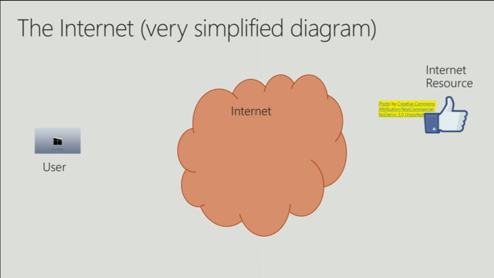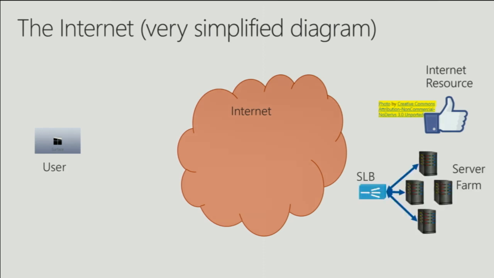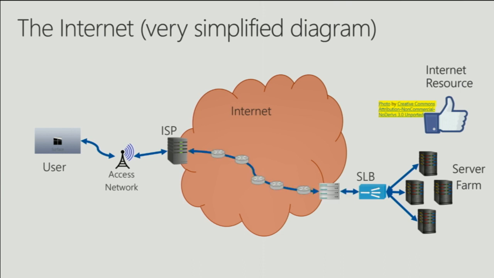Yeah, why is it so complicated? On one side, we have a user with their Surface Pro, great machine, by the way. On the other side, we have a popular internet resource from a popular website, and the user wants it. So what's the big deal? Just go get it. All right, well, that content lives on a server farm or a cloud somewhere. So we go through the access point, we go through an ISP, and we drill a path through the internet, get the resource, and bring it back.